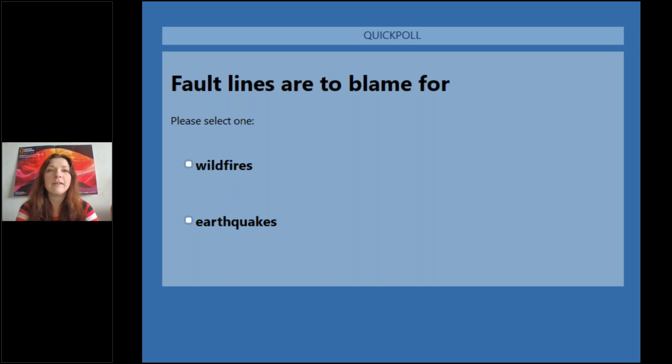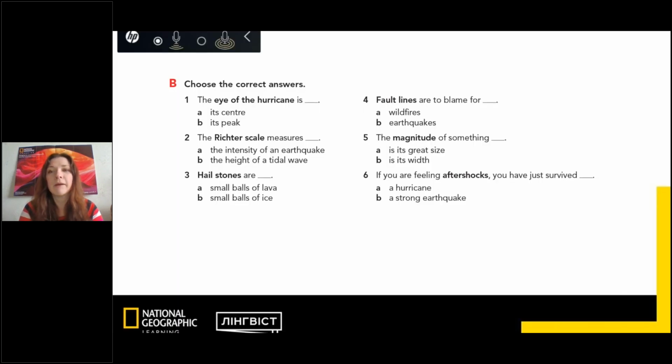We are doing this activity not only to check your knowledge, but also to help you become active learners. If a teacher just says to you what the word means, you can remember it or you can forget it. The chances are pretty much the same. But if you are active, if you put your thought into it, if you try to understand, then there is much more chance that you will remember that.